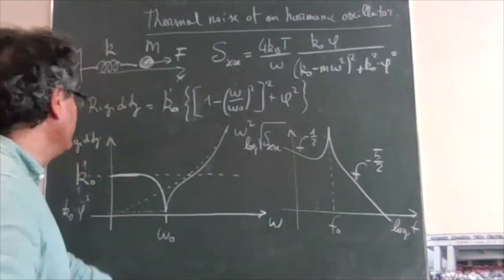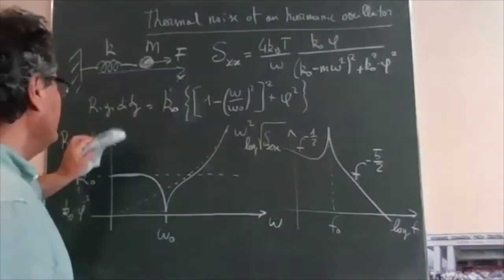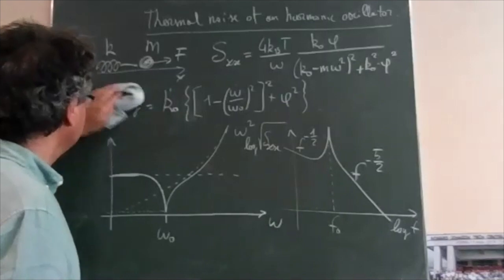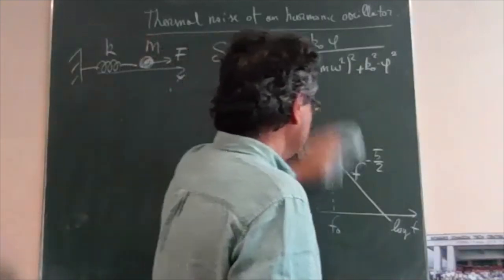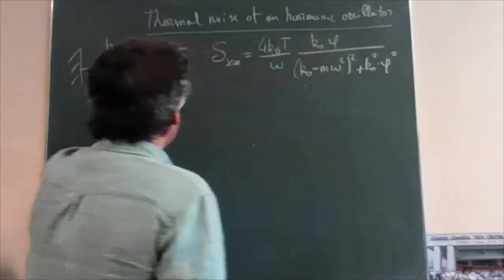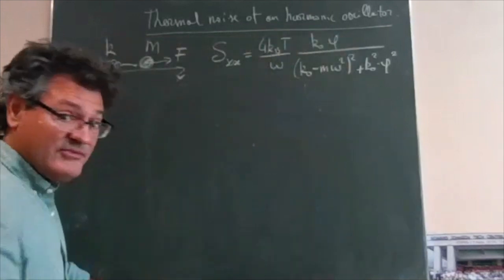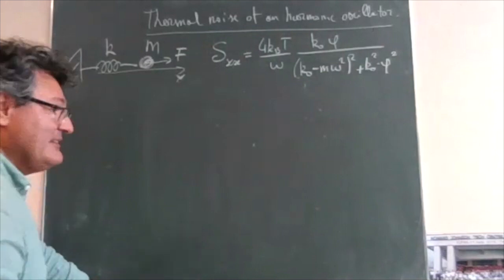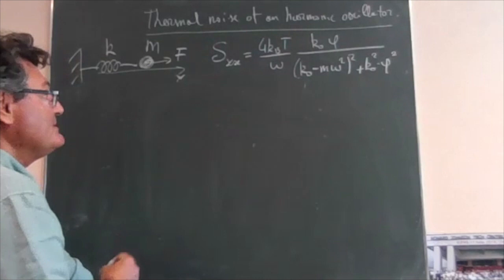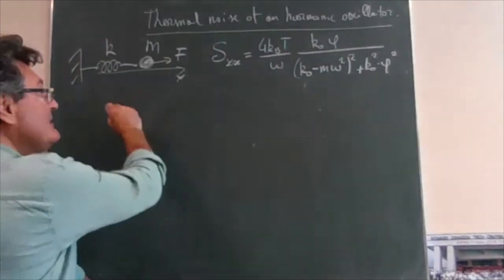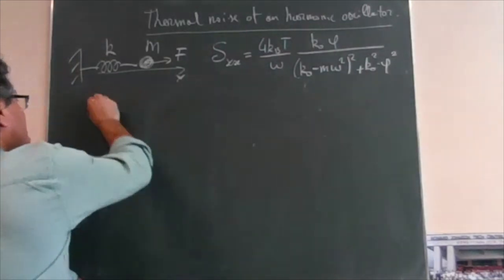Okay, so I erase all this. And I go quite fast on it because now I see that we are well beyond the 1 hour, which is the limit of this lecture. So the quality factor Q